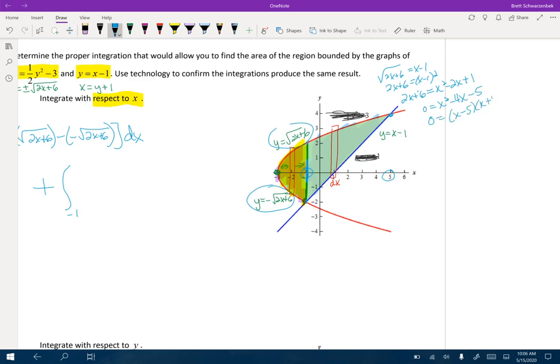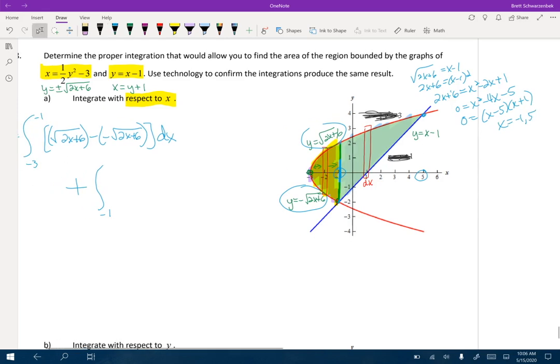X equals -1 and 5. Okay, there you go. So, just so I'm not shortchanging the process, we're going to get -1 and 5. And so we're going to go here. This time, the upper function is still root 2x plus 6, but the bottom function is no longer this. It's now this line right here, which is x minus 1